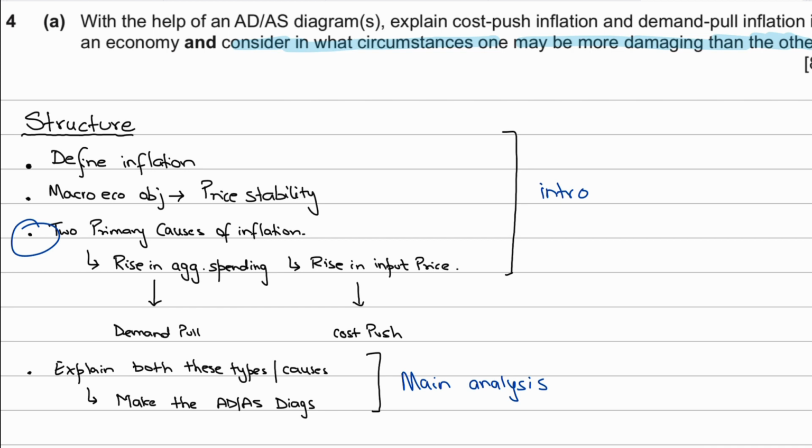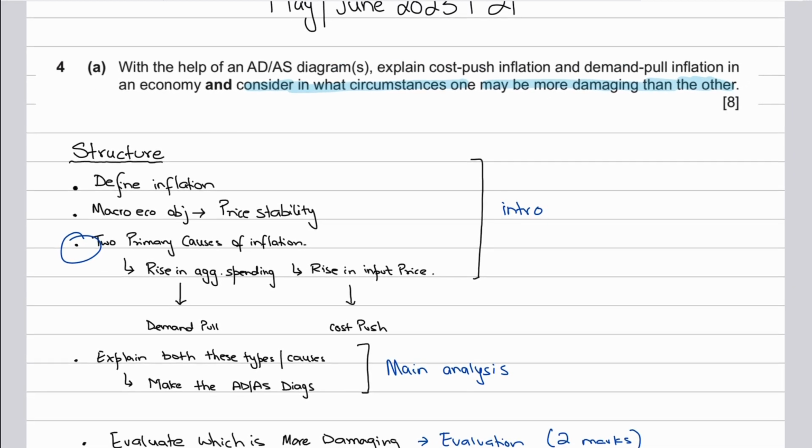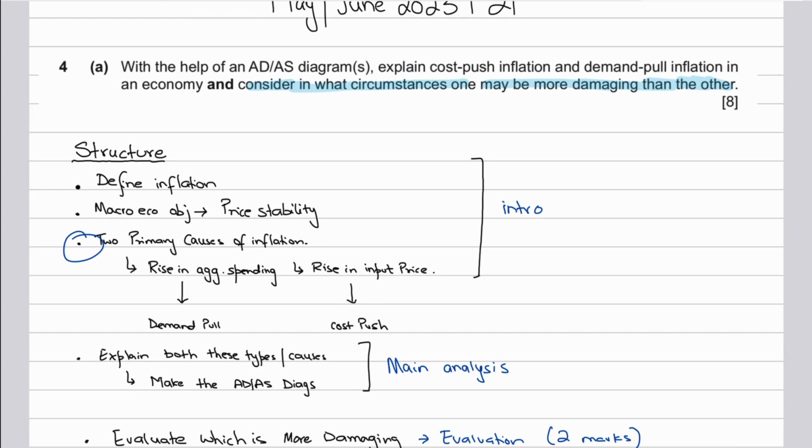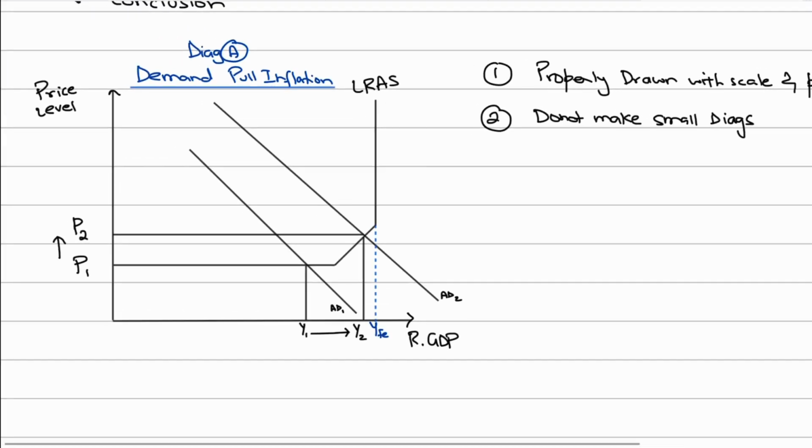Now, guys, the next step would be that you move on to explaining what demand pull inflation is, and here is when your main analysis for the question will start. That is assessment objective 2, where you differentiate between demand pull and cost push inflation via the diagrams as well. So we'll start off with demand pull inflation, and you'll say that demand pull inflation